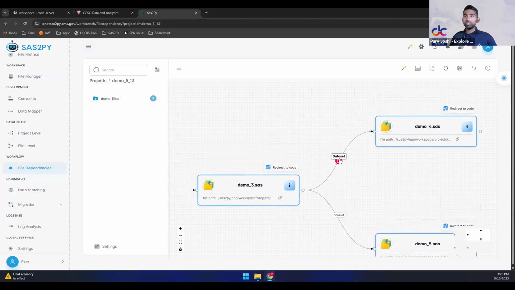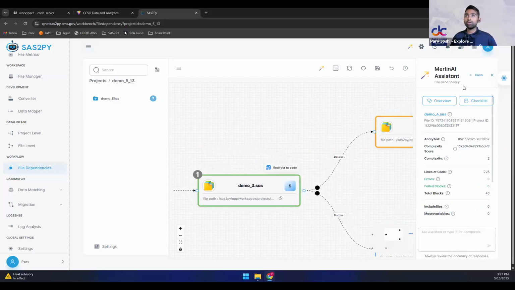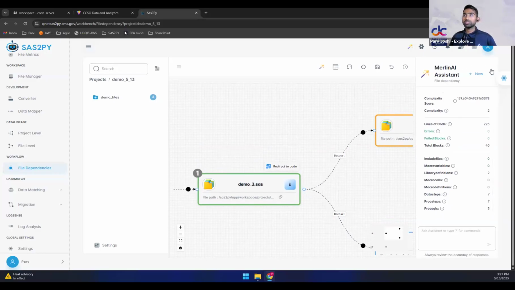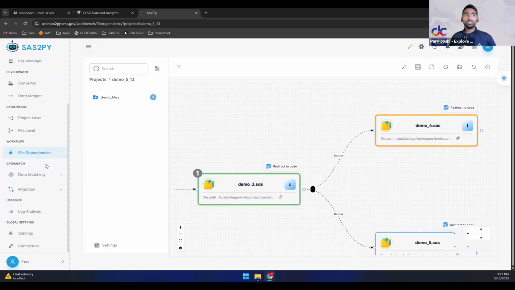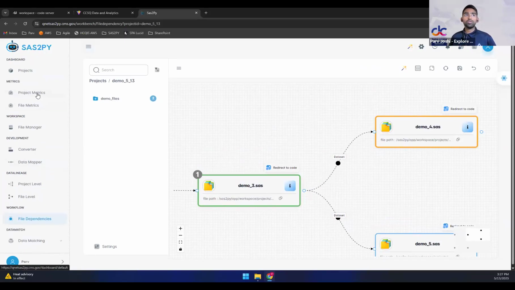So there's different operations that could be here. Sometimes it could be a macro call instead of data set. That means a macro was defined over here and then being called in here. And there's also block level MerlinAI statistics you can view as well. That is something we'll see in the later part of the demo. So this is a brief introduction of how to upload files and analyze them and view the metrics around it. So now I'm going to pass it on to Suman, but before I do,